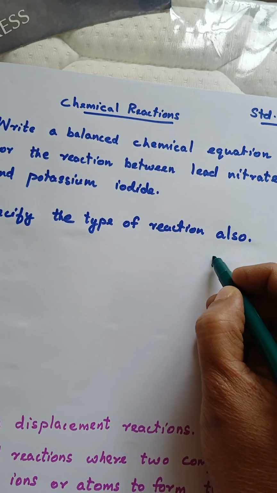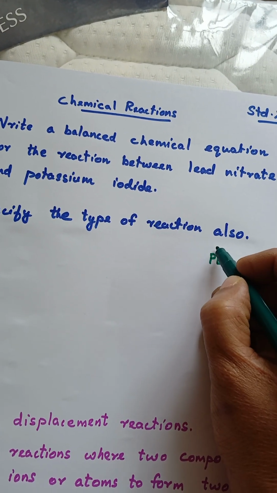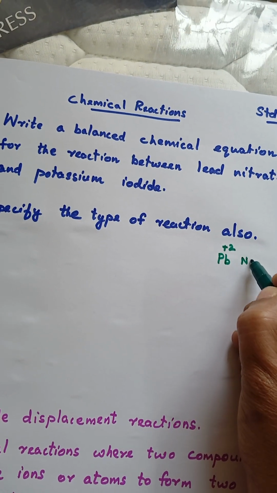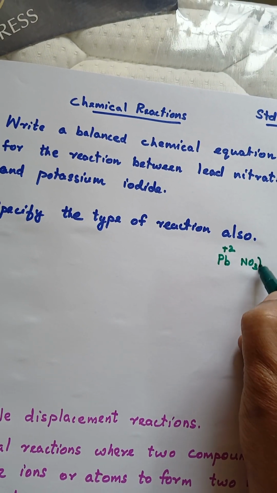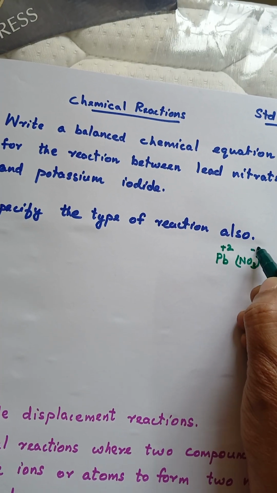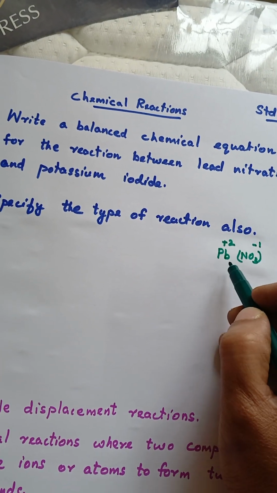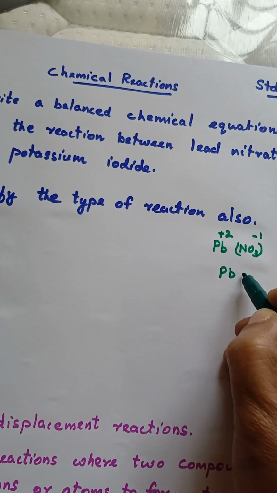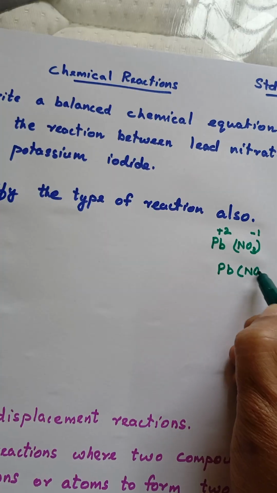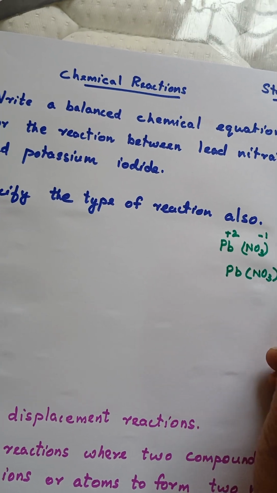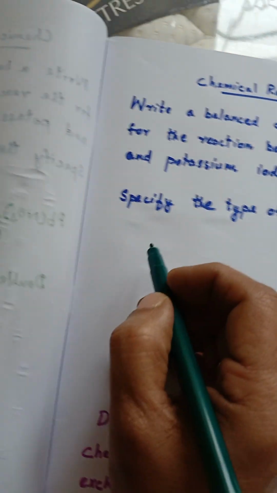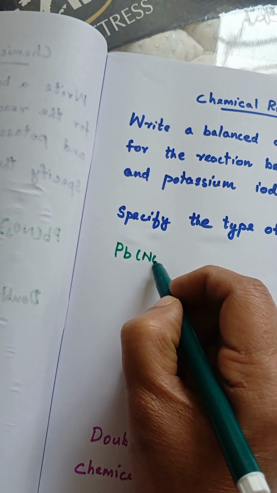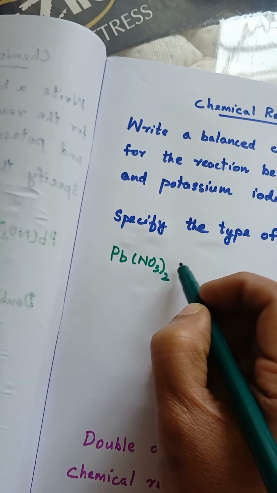Lead, the symbol is Pb, it has +2 charge. Then nitrate, NO3, it's a polyatomic ion having -1 charge. If we interchange the charges, we will get the formula of the compound as Pb(NO3)2. This is lead nitrate. So, Pb(NO3)2 plus